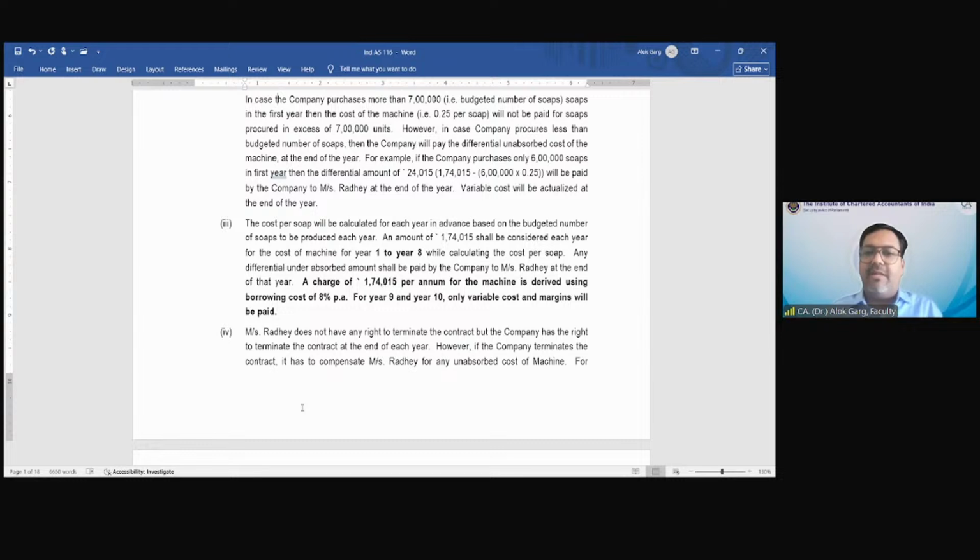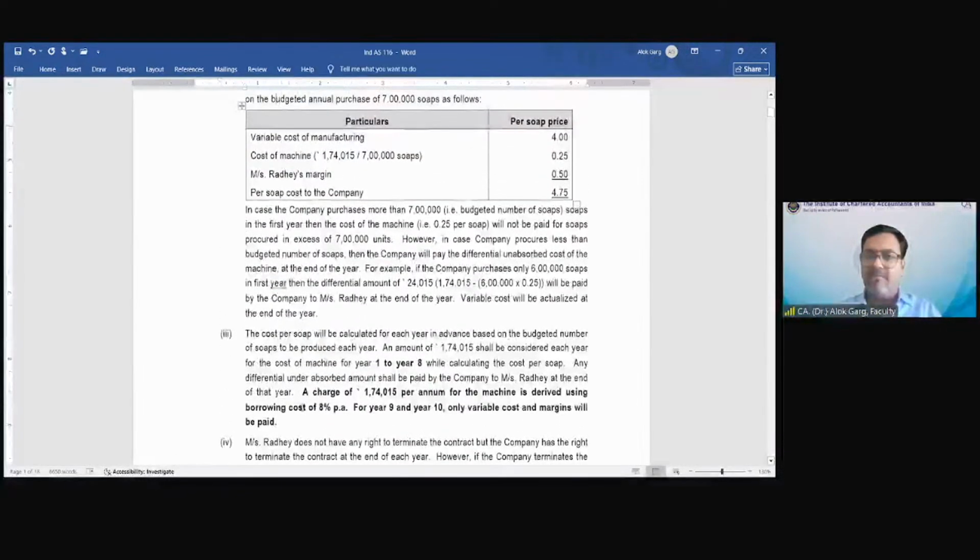Is it a fixed or is it variable cost? इसका nature क्या है? अभी तक क्या समझ आया? इसका nature fixed cost है. तभी तो fixed cost तो fixed होती है ना, तभी लिखा है ना कि this fixed cost of 1,74,000 has to be recovered basis 7 lakh unit, which comes out at 25 paisa. And if it is less than 7 lakh unit, so unabsorbed amount has to be recovered. If it is beyond 7 lakh unit, then in excess of 7 lakh unit, this 25 paisa is not required to be recovered. Why? Because this 174 is fixed. But the variable cost of manufacturing 4 rupee, which goes with the per unit output, that has to be recovered. But this fixed cost is not going to be recovered, right?